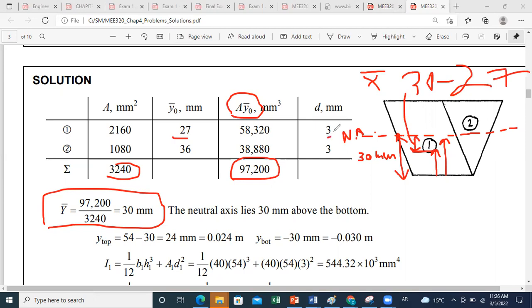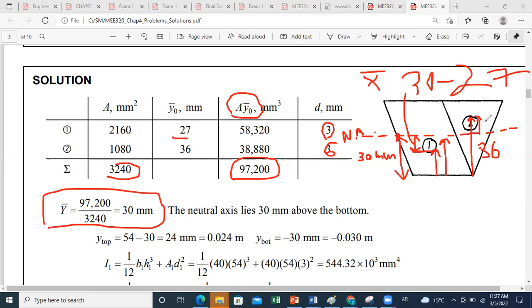So it's 3. Here also in the table, you can summarize the values of D to facilitate your calculation after. Now concerning area 2, the centroid of area 2 is at 36 millimeter from the bottom. So this is equal to 36. And then the distance from neutral axis is equal to 6. So just here, let us fix this. This is 6. Okay. And now, once we have this table, this will facilitate on us the calculation of